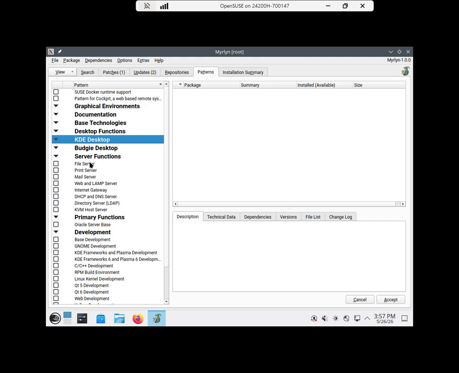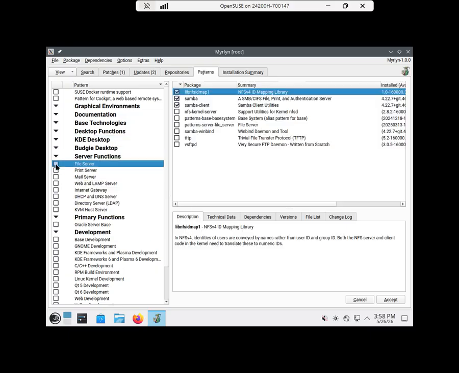And if I hover over one of them, like say file server, it will pop up and it will tell me this is what I can do with it. Notice my options here: file server, print server, mail server, web and LAMP server, internet gateway, DNS, DHCP directory, KVM host server. Let me say I wanted to look at being a file server. So I'm going to click my